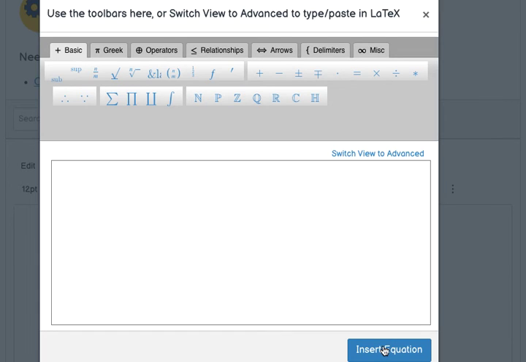If you make a mistake, you can click on it and then choose to edit the equation. Sometimes it's just faster just to delete it and start over, unless you've worked on it for quite a while,